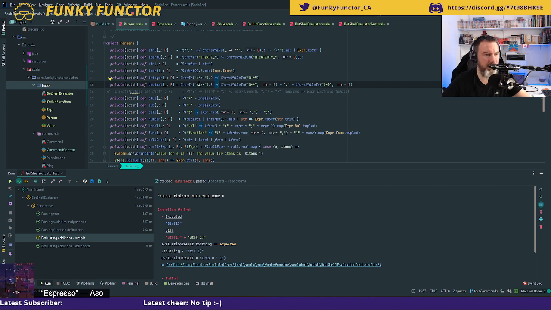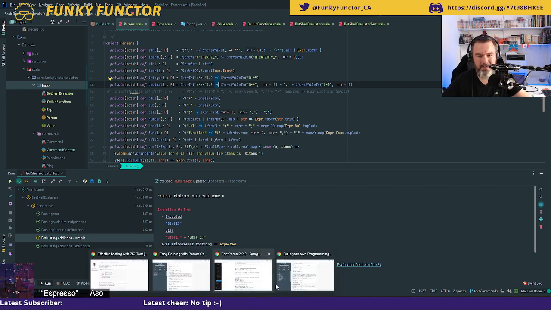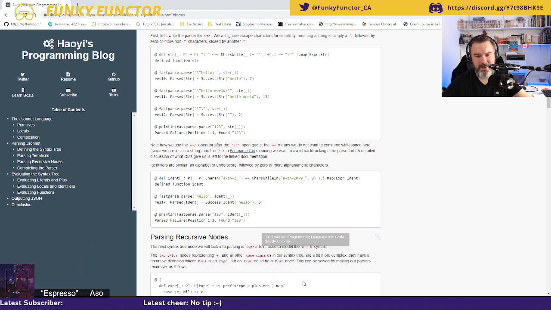There is. As a matter of fact, I'm using fastparse. So fastparse is a library that was made by Li Haoyi. He's a pretty nice guy, and he did this thing. It's not super functional under the hood, but it is pretty fast, and I am just discovering it because I am trying to write a bot in Scala.